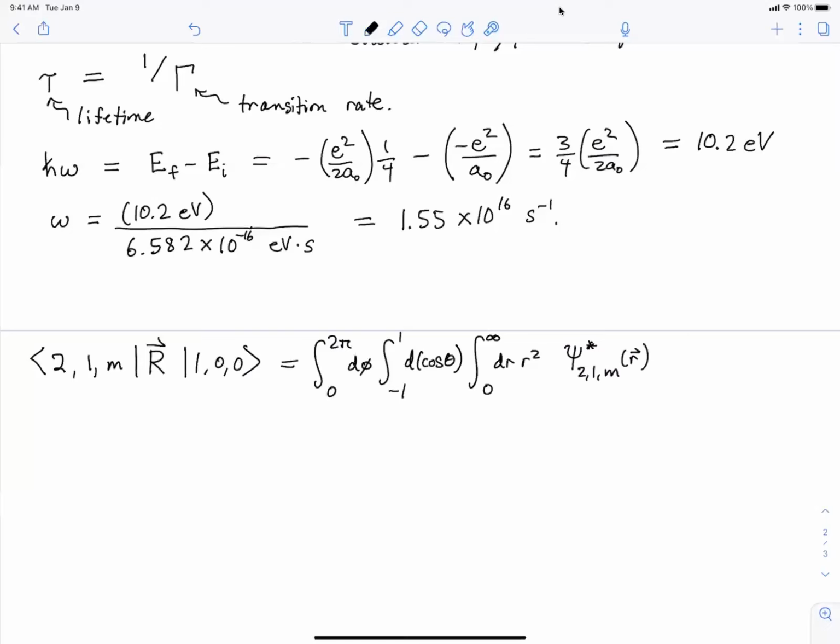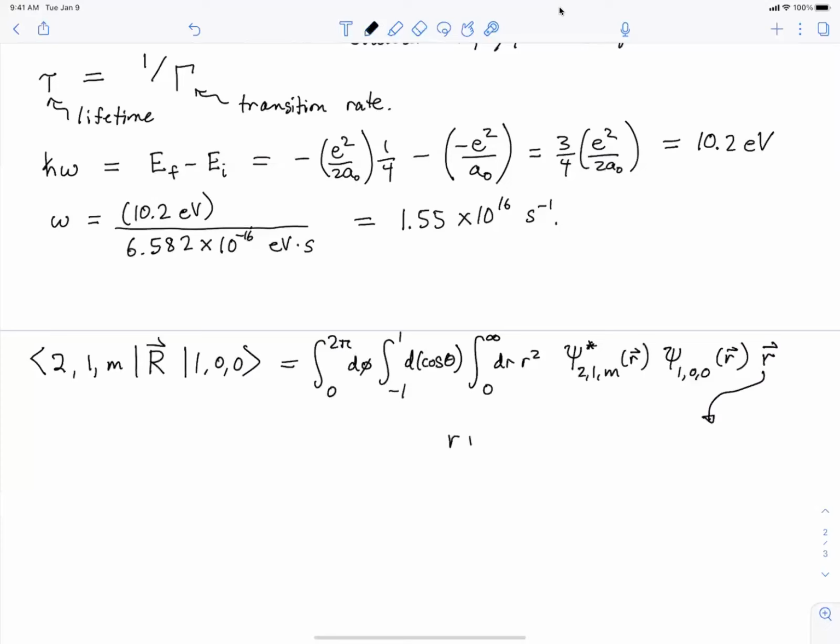Okay, which we can look up in the notes. And then there's psi 1, 0, 0, the ground state of hydrogen, which we can look up in the notes. And then for this, we're writing the vector position operator, r. So when we write that, what we really want to do is say that's equal to